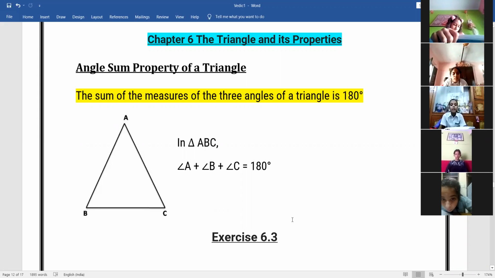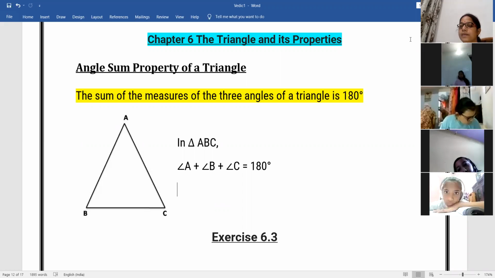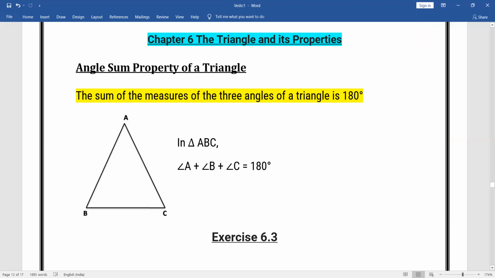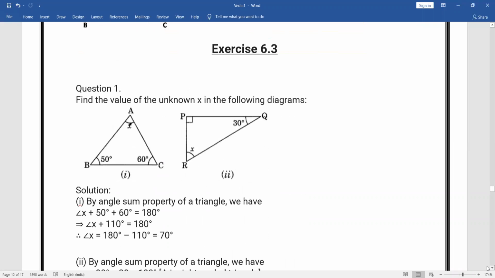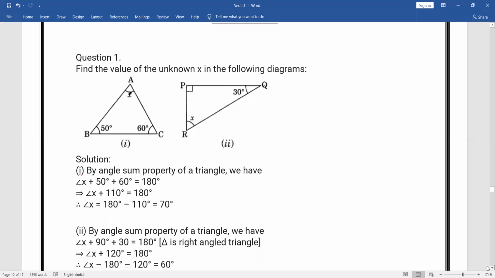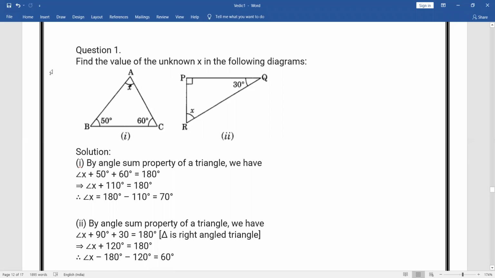So with the help of this property and the properties we have discussed in the previous chapter, we will do our exercise, that is exercise 6.3. Now see what the questions in our exercise are. What is our first question? This diagram is given to you. You see the diagram stated here, and you have to find the unknown